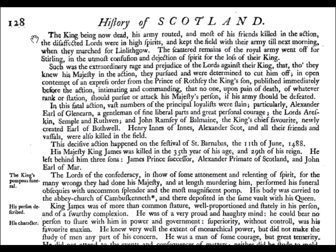His Majesty King James was killed in the 35th year of his age, and the 29th of his reign. He left behind him 3 sons, James Prince Successor, Alexander Primate of Scotland, and John Earl of Mar. The Lords of Confederacy, in show of some atonement and relenting of spirits for the many wrongs they had done his Majesty, and at length murdering him, performed his funeral